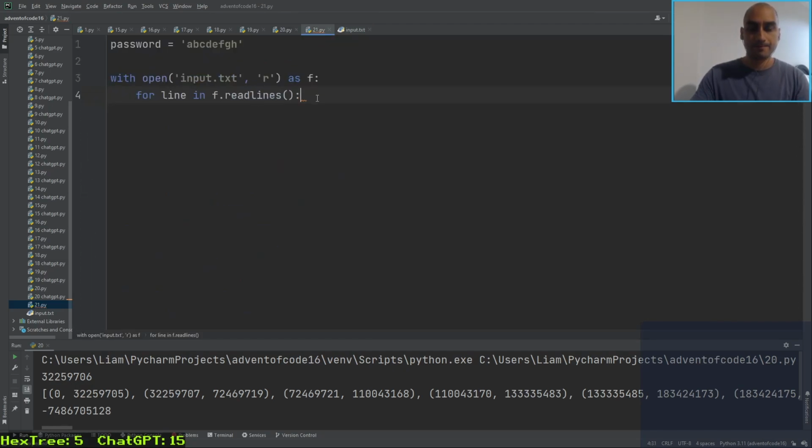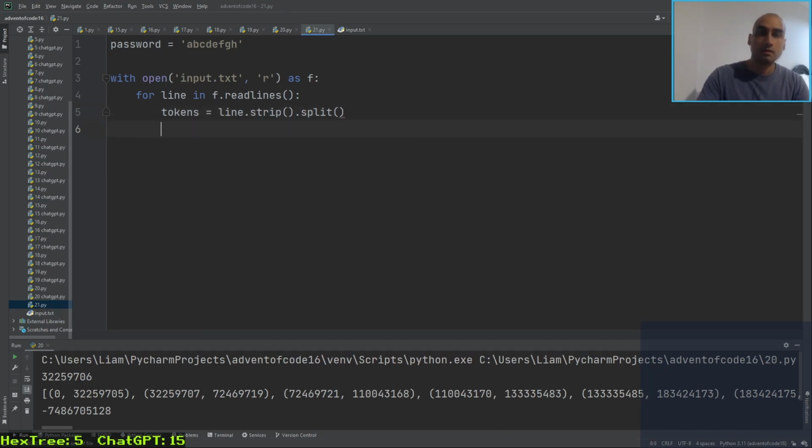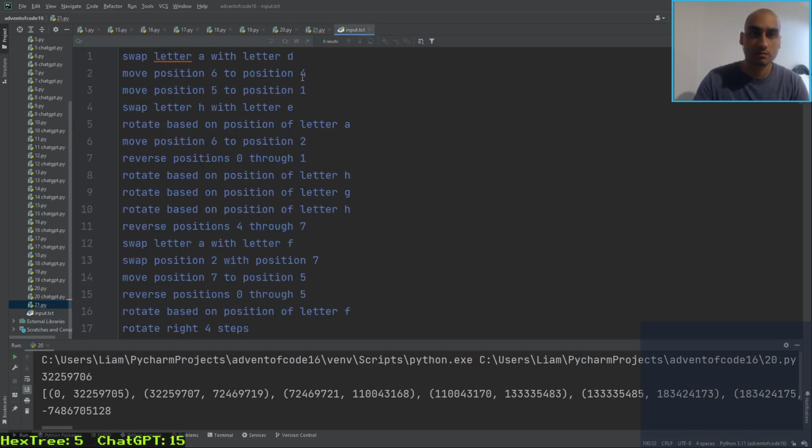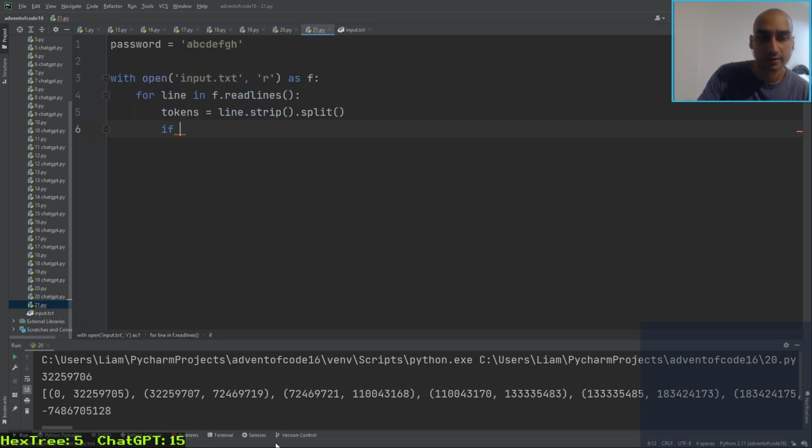All right. So we strip and split, as always. Now we do basically switch case. So if it's swap, no, well, let's do them in the order that they were listed. So if it's swap